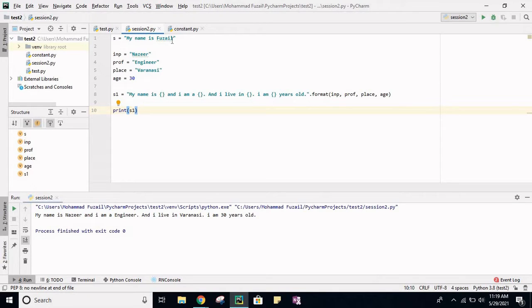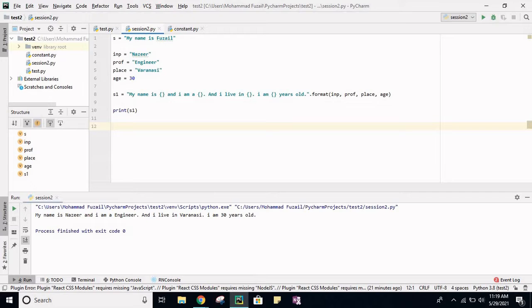Since we are just adding values here, in projects what we do is take inputs. I will explain how we usually take input in Python and how we pass it into these functions, wherever we are going to use that value. Fine then, so this is all about the format function.